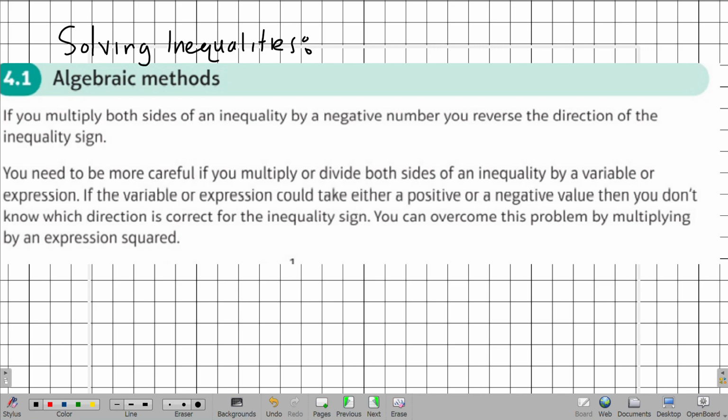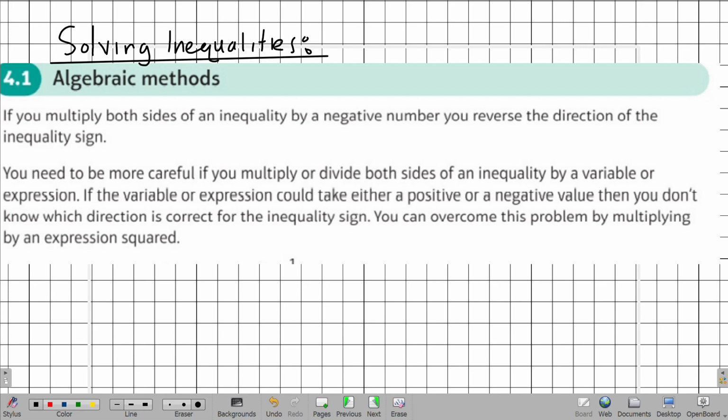All right, we're going to look at techniques to solve inequalities. That ranges from linear inequalities to quotients and other forms of inequalities. But before we start, you actually need to know a few basic things about inequalities that you've probably done at